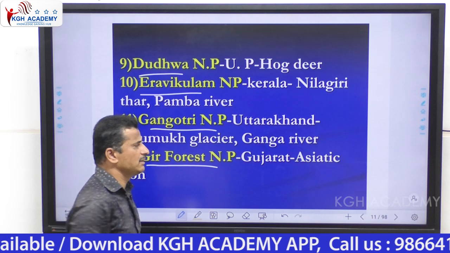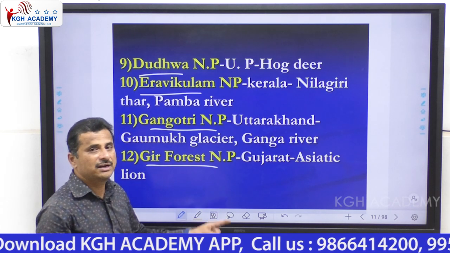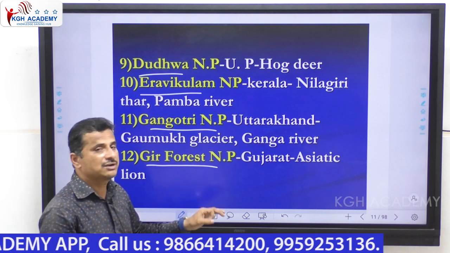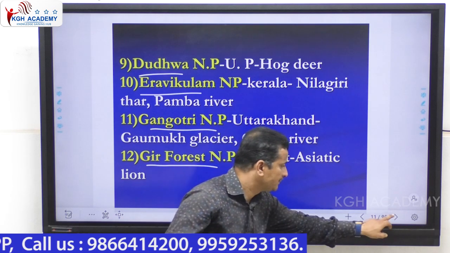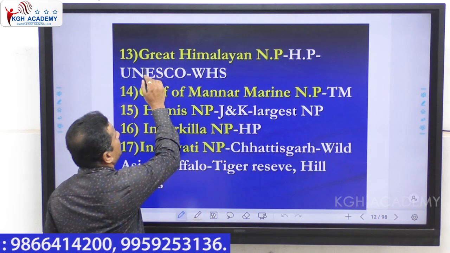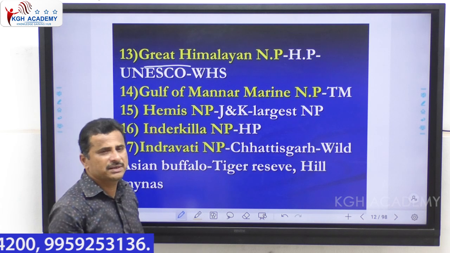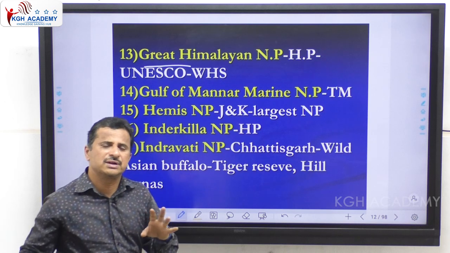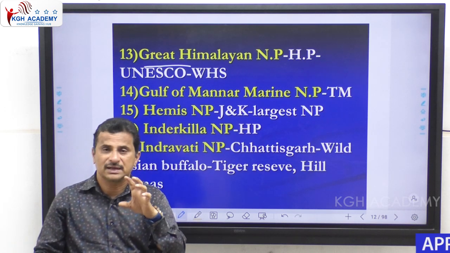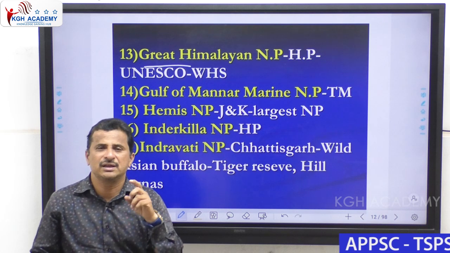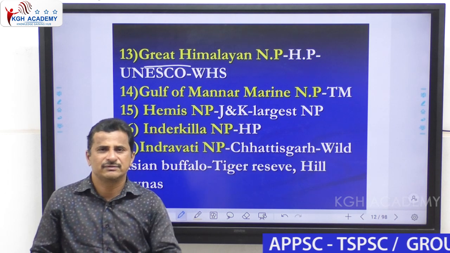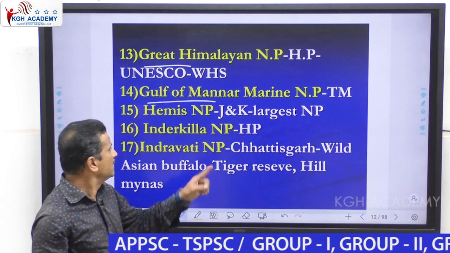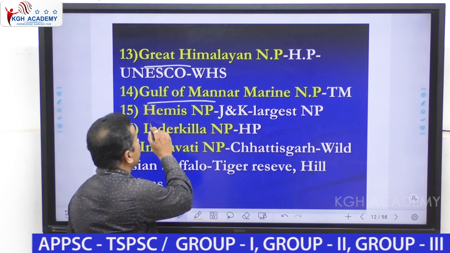And Gir Forest National Park is present in Gujarat. Asiatic lions are present in this Gir Forest National Park, which is famous for Asiatic lions. And next, Great Himalayan National Park, Himachal Pradesh, and this is one of the UNESCO World Heritage Sites. So dear students, any park with this specialty, especially being part of the UNESCO World Heritage Sites, is very, very important. And the next, Gulf of Mannar Marine National Park, Tamil Nadu, and next, Hemis National